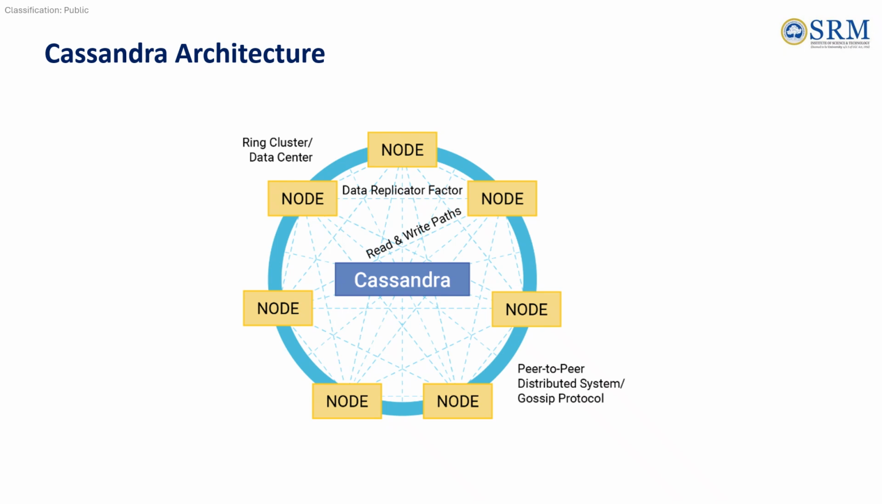This can be compared to a circular railway network where many railway stations are connected together. Each node in Cassandra acts like an individual railway station. Each station can independently handle passenger bookings and ticket enquiries. Similarly, in Cassandra, every node can independently handle read and write operations. Unlike systems with a central controller, Cassandra follows a peer-to-peer architecture. This means all nodes are equal, just like railway stations directly communicating with each other without depending on one central